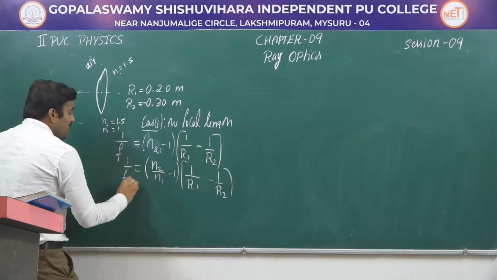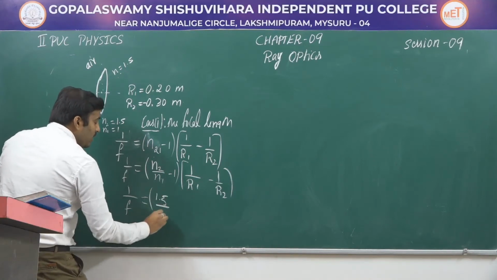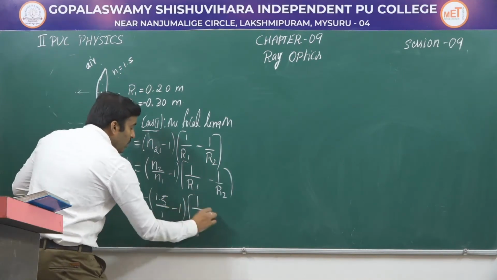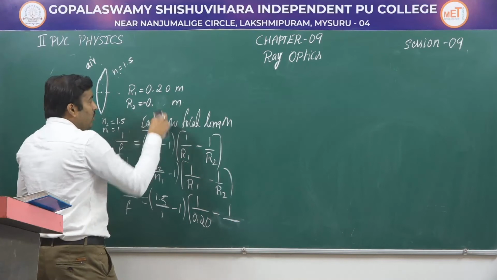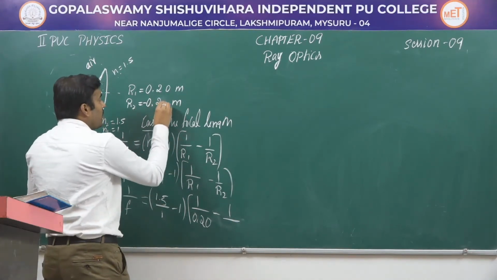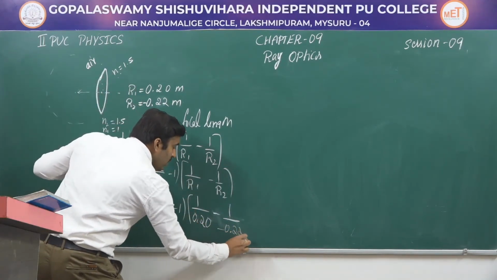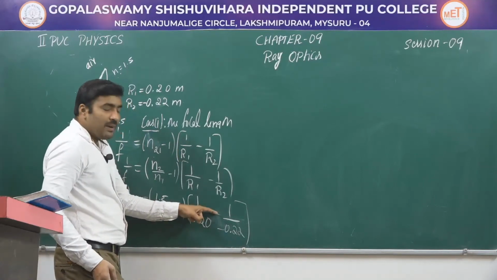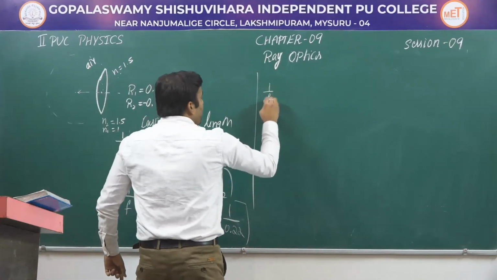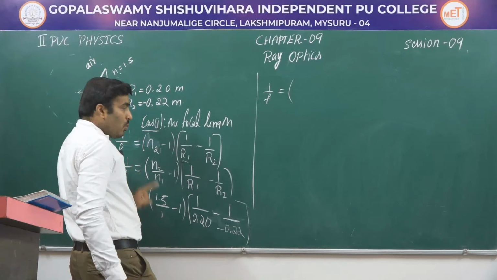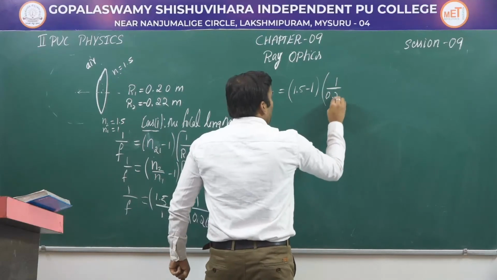Now let us substitute the values. 1 by f is equal to n2 by n1 minus 1, where n2 is 1.5 and n1 is 1, into 1 by r1, which is 0.20. Oh sorry, this is not 0.30, it is 0.22 actually. Okay, this is 0.22. So R2 is minus 0.22, therefore this is minus of 0.22. This minus will multiply with this minus, so minus into minus becomes plus. Now 1 by f is equal to 1.5 by 1, that is 1.5, minus 1 into 1 by 0.20 plus